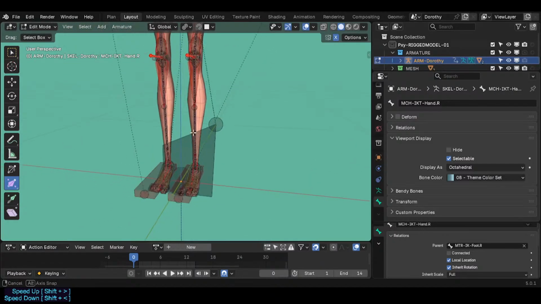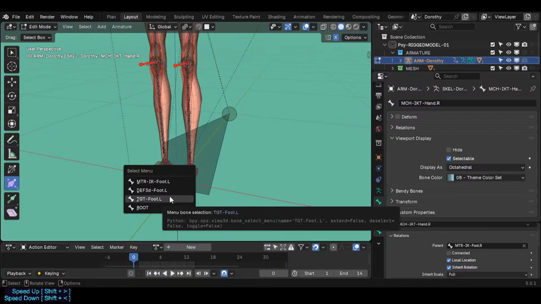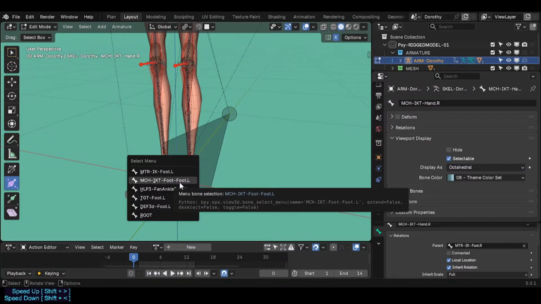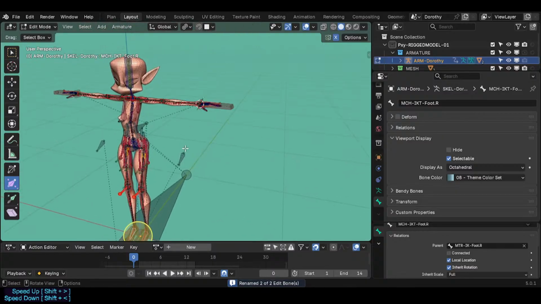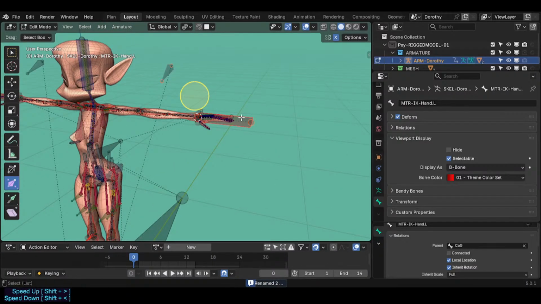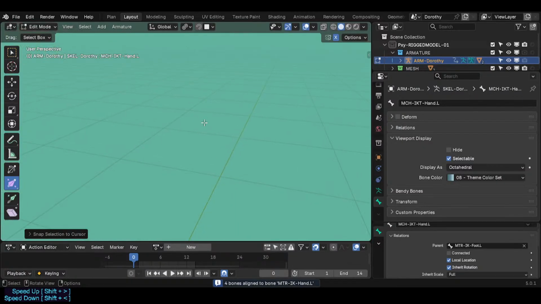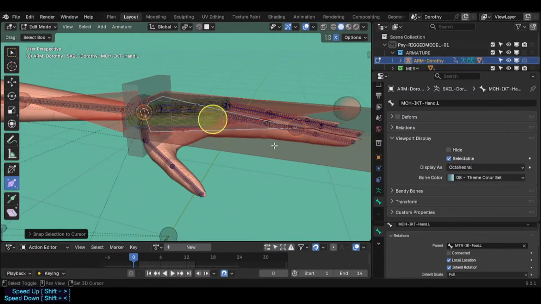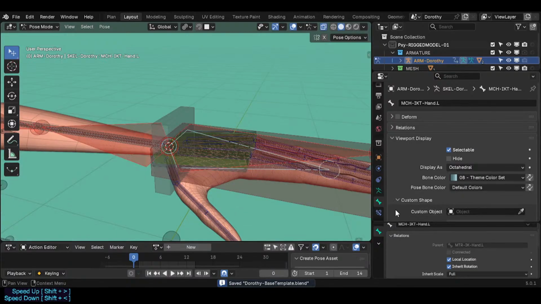Okay, for now, maybe the same error exists here. Yeah, it does. So what we can do is just instead of foot, just foot. There we go. Now we can bring this up. We're gonna align this one with this, and then select this again and move this there. Okay. Now we can parent this offset to the master hand, and then we're gonna use this thing as a